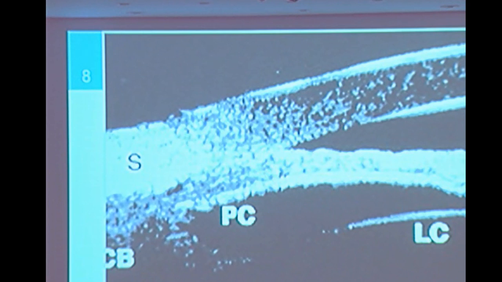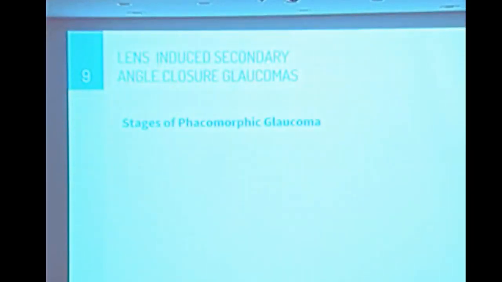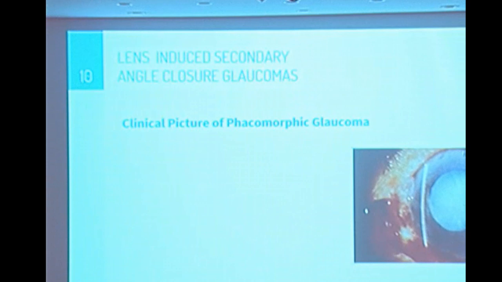So this is usually, although in phacomorphic glaucoma, especially in narrow, hyperopic eyes, you wouldn't expect to see such a large posterior chamber. So the stages of phacomorphic glaucoma: pupillary block, as we said, crowding of the angle, chronic angle closure glaucoma, and as you see here, the clinical picture,